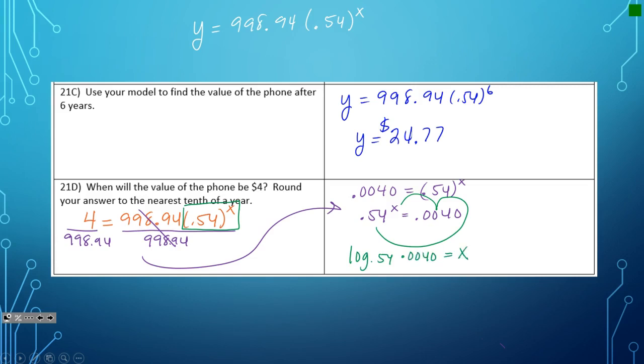So now this thing that I just wrote on the left, when you type that into our calculator, that's going to give you the answer for this problem. This is going to tell us how many years it would take before this phone is worth $4. So I type it into my calculator and it gives me